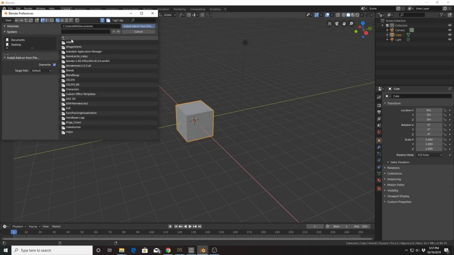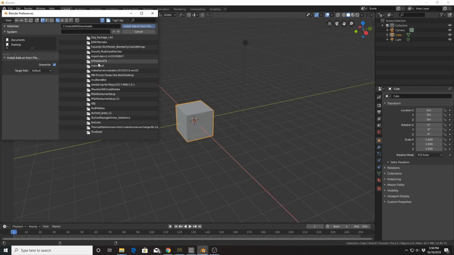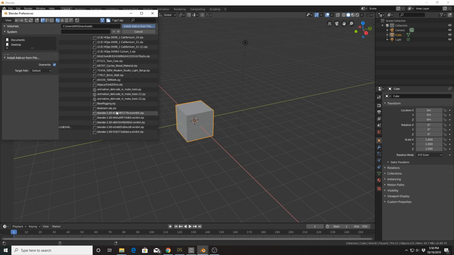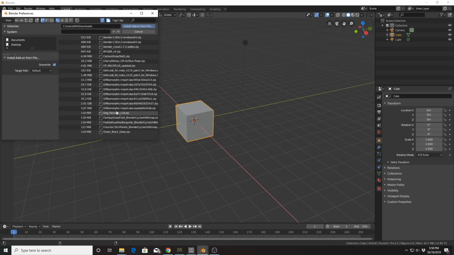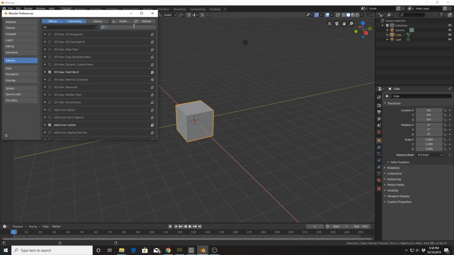You look for your file, go to My Downloads, and it will be something along the lines of diffeomorphic import. You get the version, find out what version you downloaded, the file name, and you click on that and install the add-on from file.